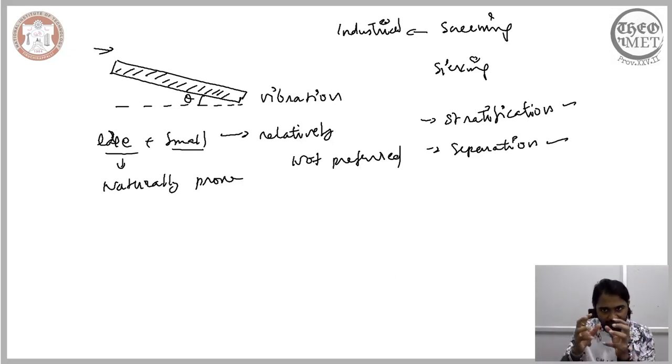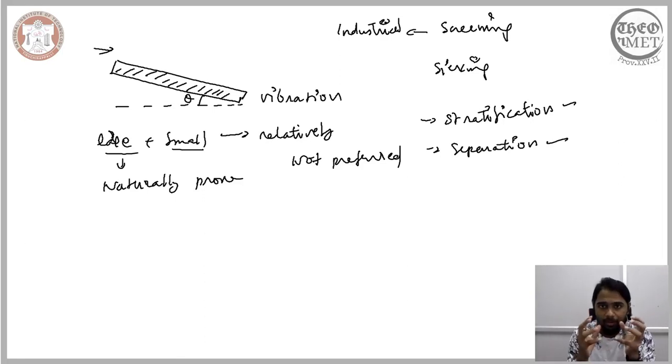Now, once the particles reach the apertures, the interaction between the particles and the apertures means that, irrespective of their shapes, if their size is small, they are allowed to pass through the openings. So essentially, screening focuses on the size of the particles. If a given particle is smaller than the size of the aperture, then the particle passes through the screen. If not, the particle stays on the surface of the screen. It is possible that a given particle, for a given orientation, is larger in size than the aperture, while in a different orientation it is smaller in size.